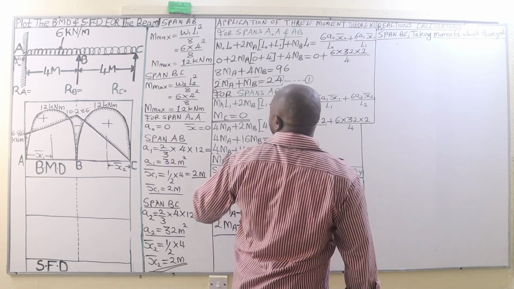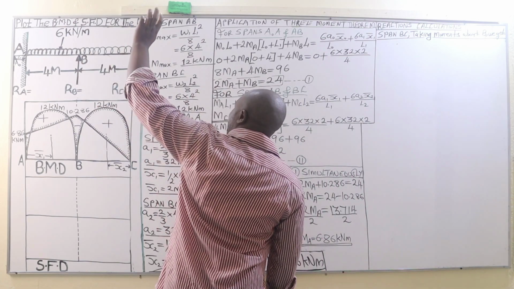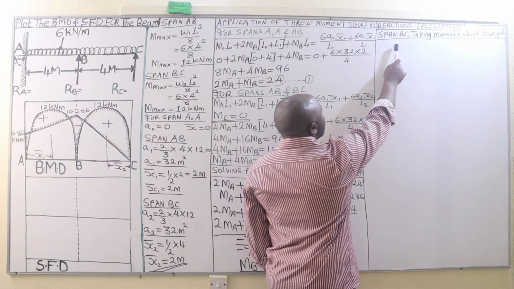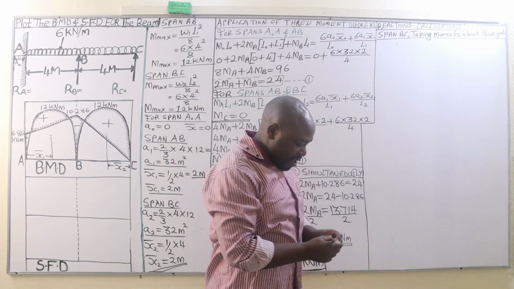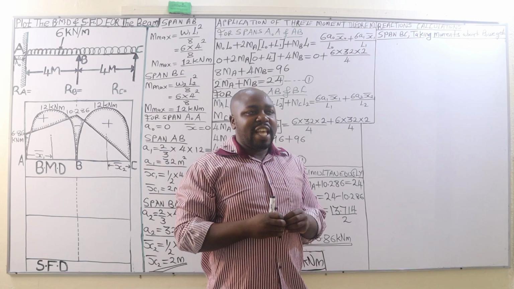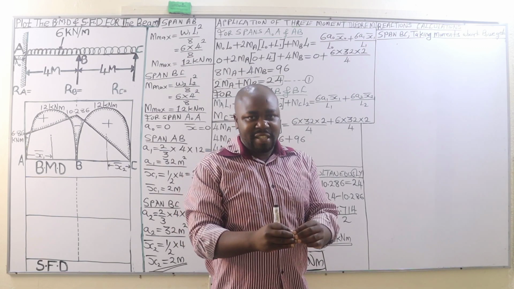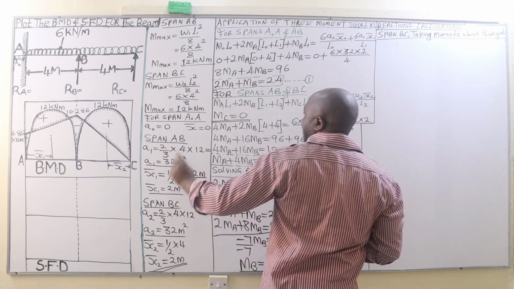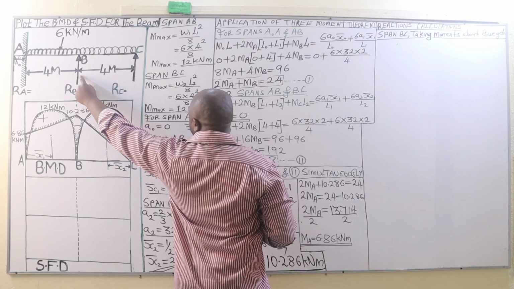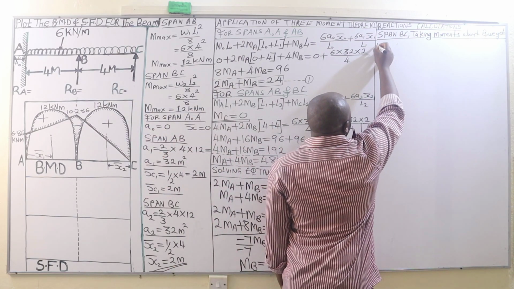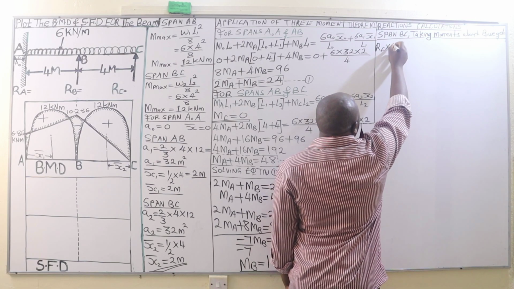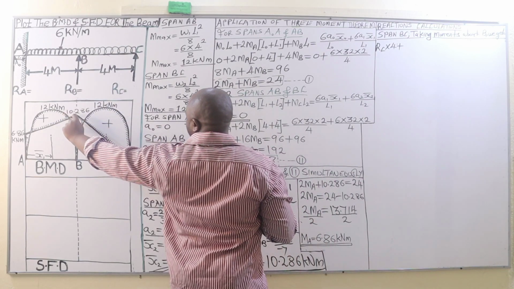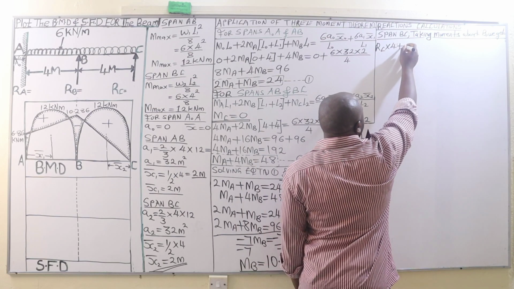And in this case, we are going to begin with the span B to C, and we are going to take moments about B from the end C. Therefore, for the span BC, taking moments about B, we are going to get the following. And ladies and gentlemen, you should remember that the sum of clockwise moments must be equal to the sum of anti-clockwise moments. Therefore, we have RC times 4, that is an anti-clockwise moment. Therefore, we have RC multiplied by 4 plus another anti-clockwise moment, the bending moment at the support B, which is